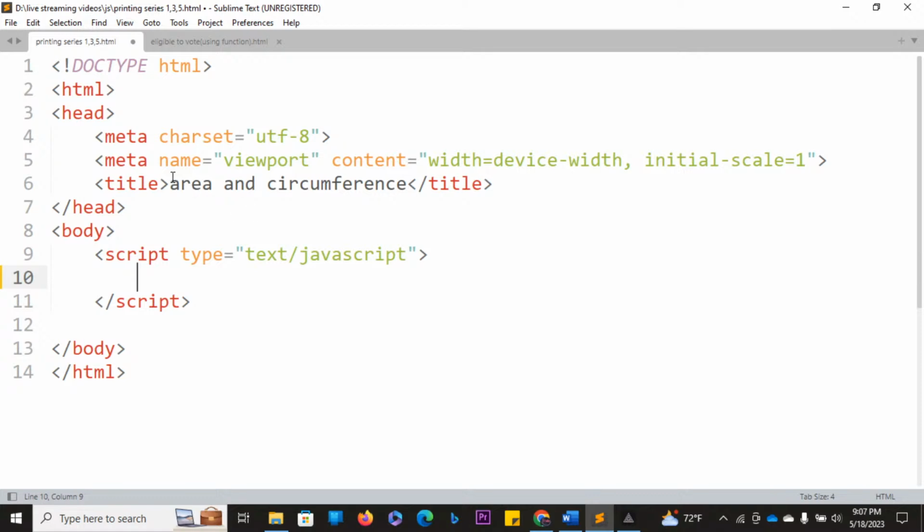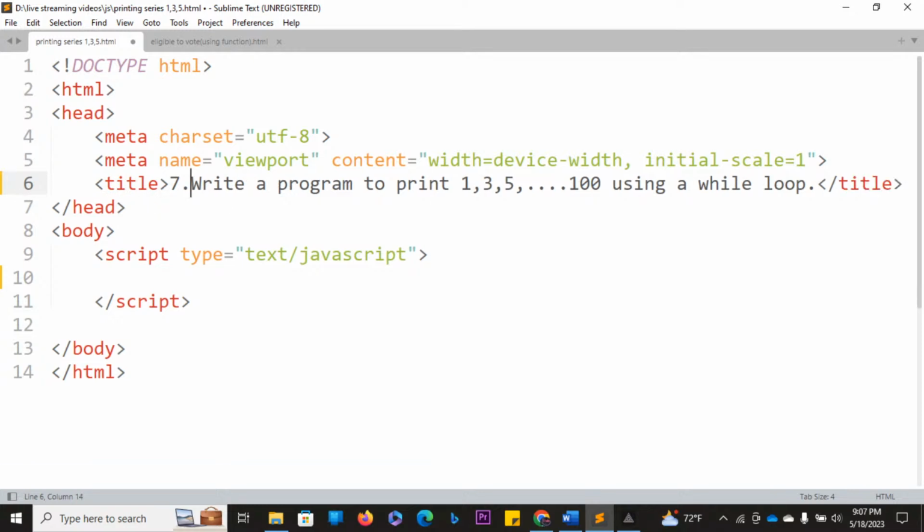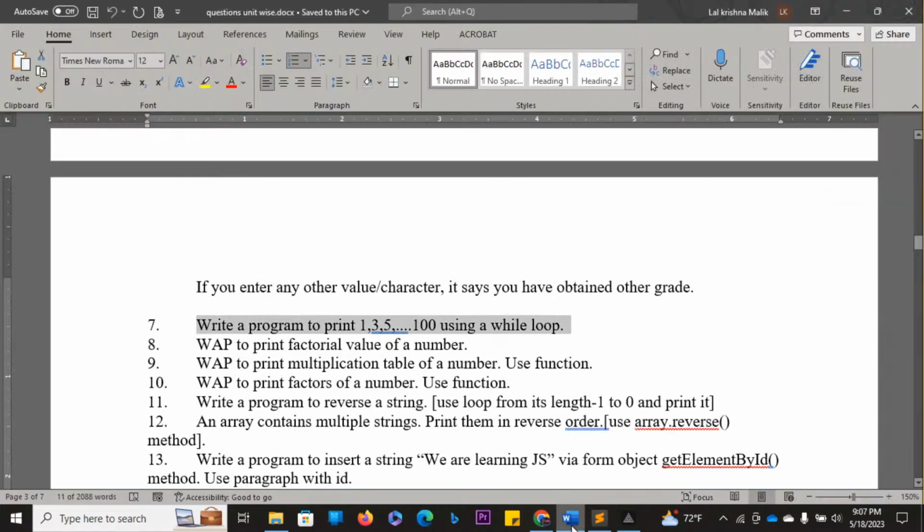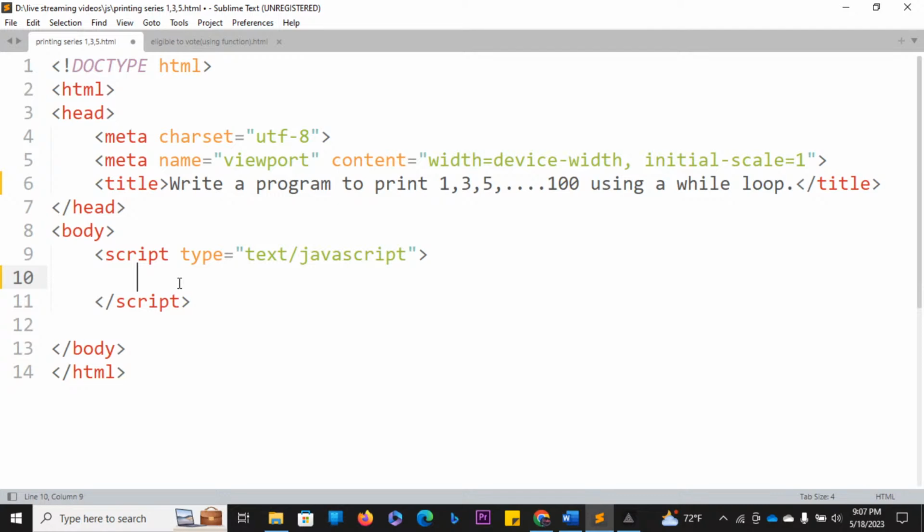I'm also copying and pasting this question here. So here is the question. We can also put this doctype. We need a loop, and the loop we have to use is a while loop. First we need i equals 1 semicolon. Semicolon is optional. If we don't put it, nothing happens, unlike in C language. So while i less than or equal to 100,